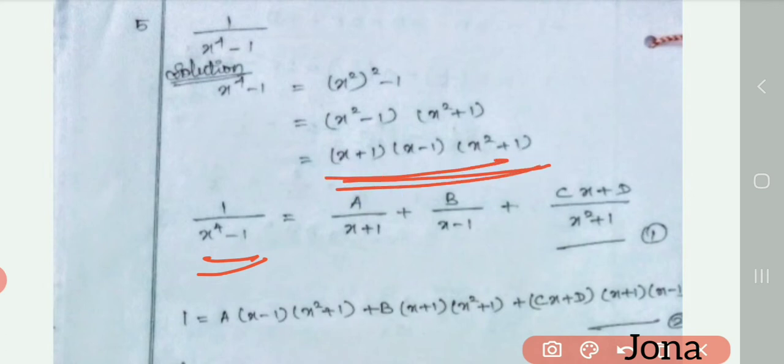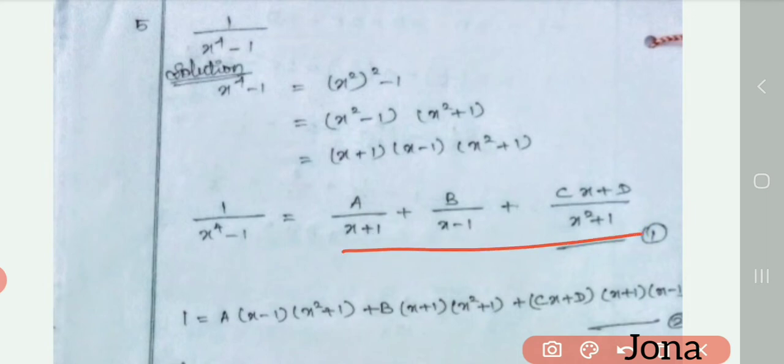So I want to take a by x plus 1, b by x minus 1, plus here I have x square, isn't it? So I want to take the numerator like this: cx plus d divided by x square plus 1. Okay, and then I want to take the LCM for the denominator and I want to simplify also,